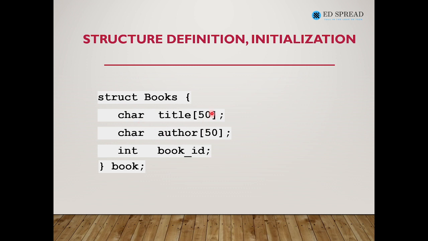An array which has 50 spaces, and another author which has an array with 50 elements, and again an integer of book ID. That is also fine. Now you need to remember a point that whenever you are initializing the names for something,